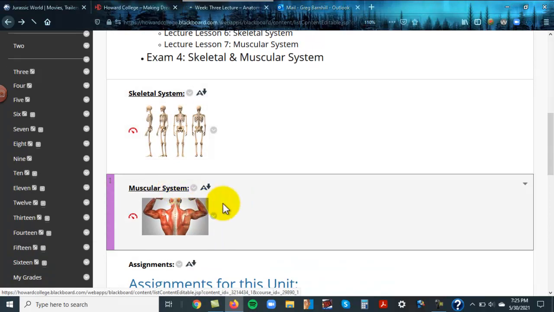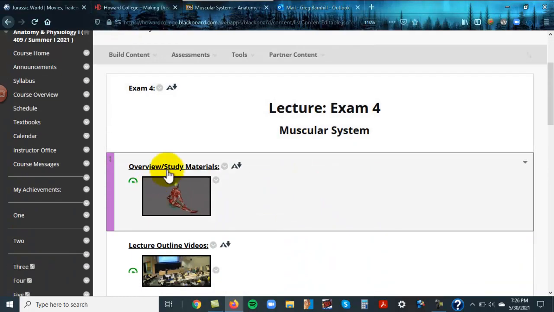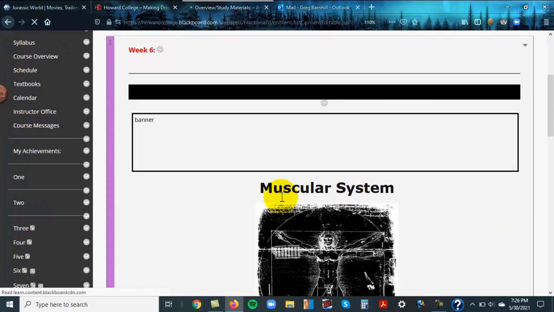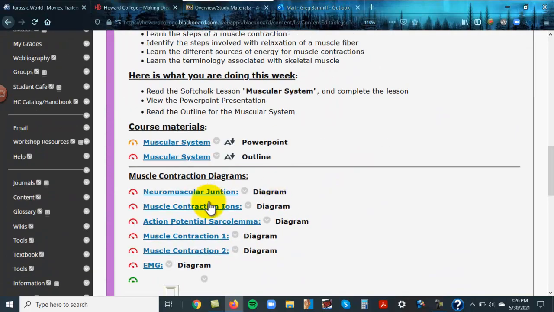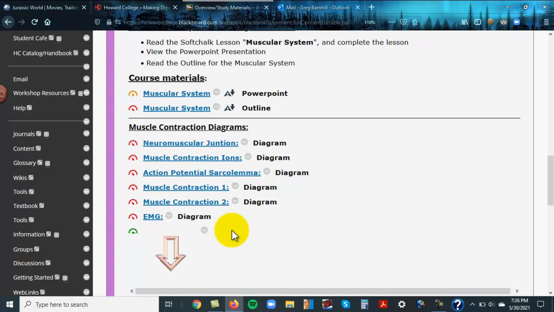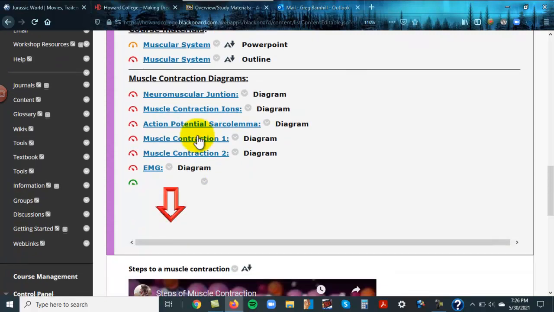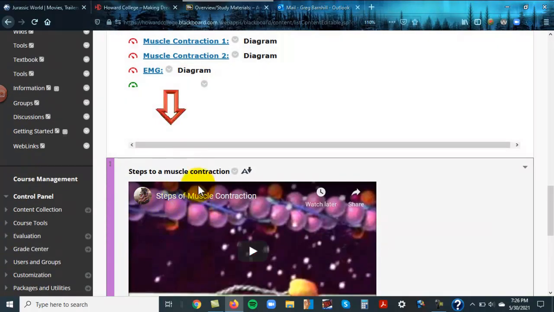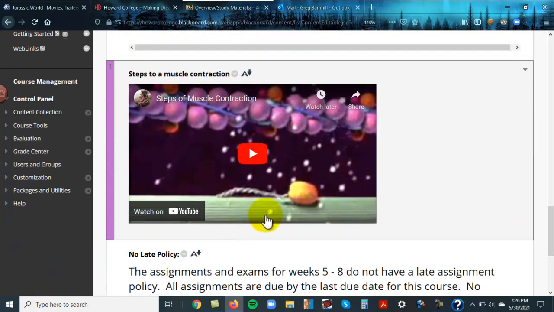Now, the muscular system, which is very detailed. Same thing. There's some diagrams. Muscular system has a little more detail to it. These are really good diagrams. This is a description by,